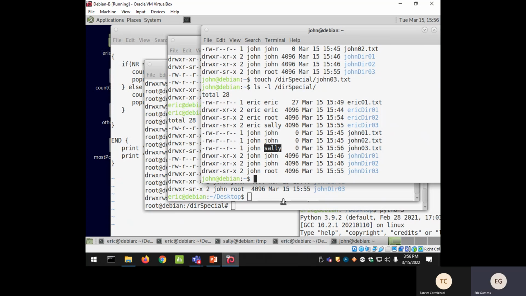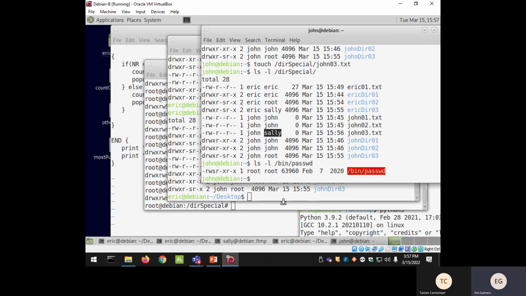Okay, there is another bit that I have to explain to you, but we don't have enough time to do it, which is the set user ID, which is the most important. And some files have it. For example, there is a binary file here called passwd that allows you to change the password. Look at it, it has an S, very dangerous. When a file has an S, the set user ID, it's a dangerous file because it means that when a normal user is going to execute this command,